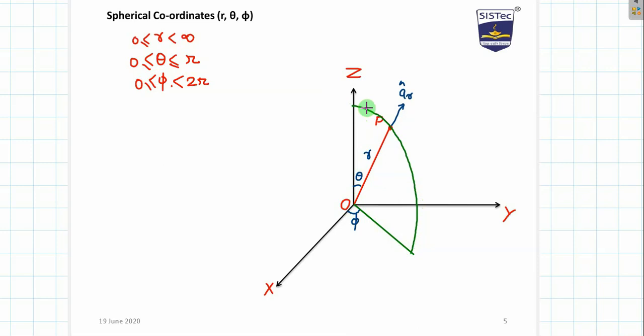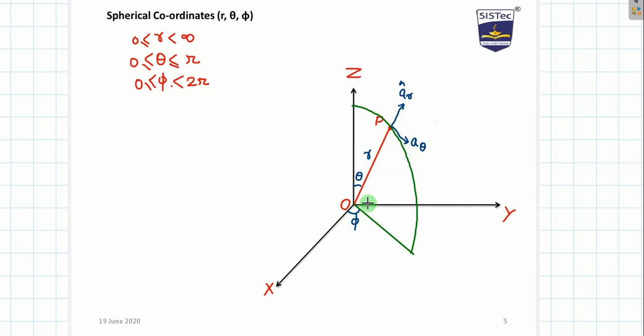Okay, so this is the direction in which it is increasing. Obviously, a vector from P tangential to this direction will give you the direction of A theta. Fine, all are mutually perpendicular to each other. See, r, theta and phi all are mutually perpendicular to each other, like x, y and z. So we have got two vectors, AR and A theta.